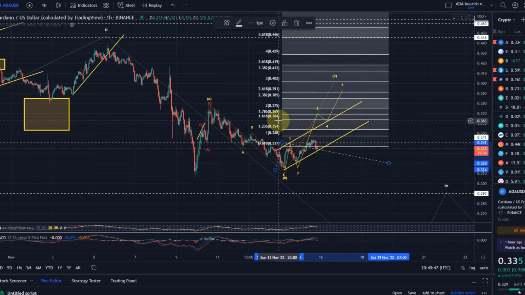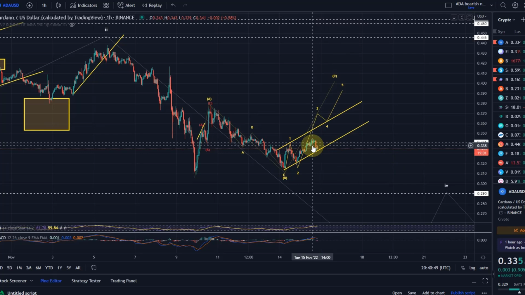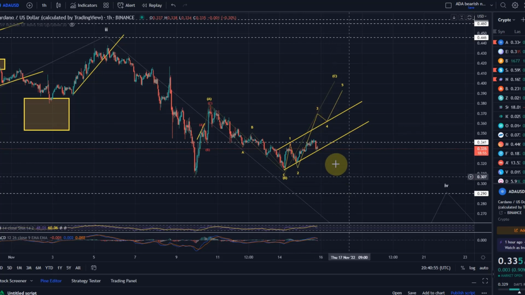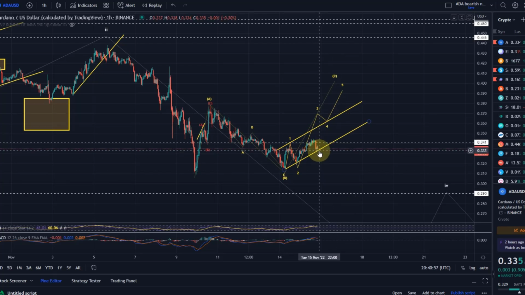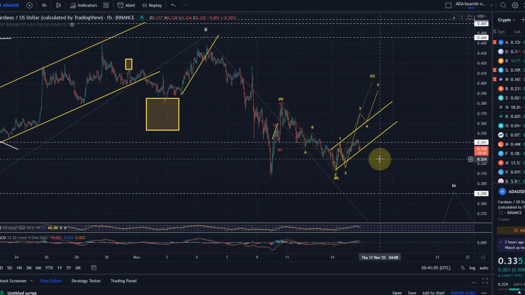That would be around 36.5 cents. Then we would be in this 3rd wave, and we have another 1-2 setup here, so afterwards we should get a wave 3 over wave 3. But only as long as we are really holding, ideally, the channel support. More importantly, we need to hold the wave 2 low at 32.1 cents. If we go below 32.1 cents, then we're coming down.